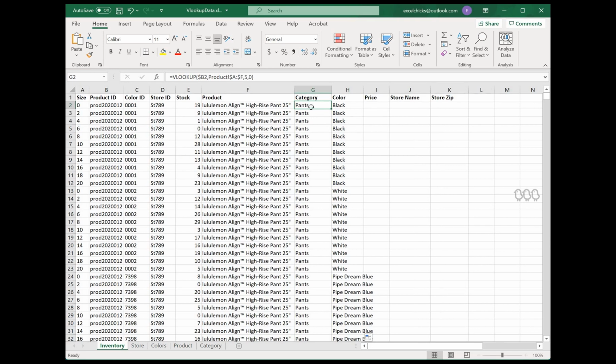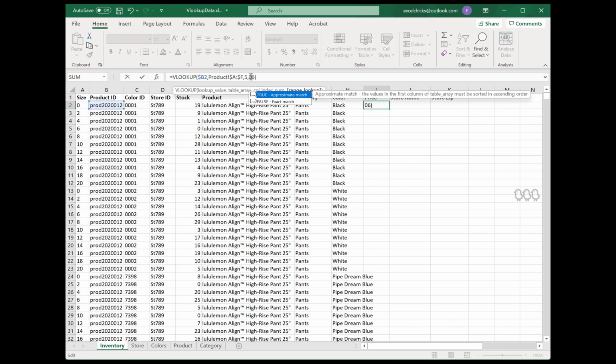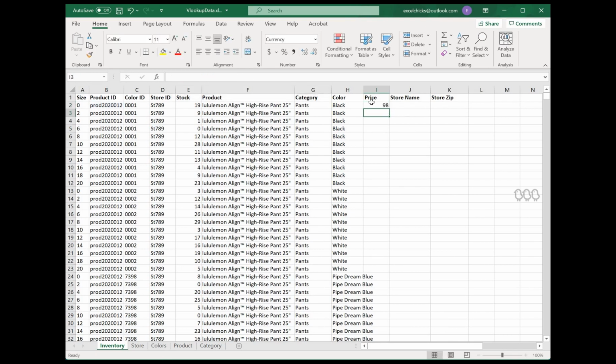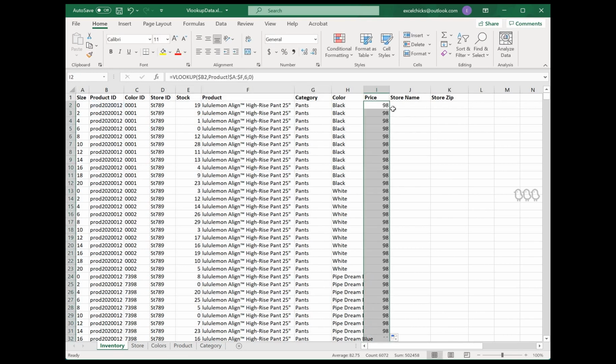And so I'm going to copy this formula that we already used, understanding it's not pants because pants is looking at 5. We want to look at 6. Oh, no, oops, wrong one. Okay, that's 0. We want to look at 6. There we go, 98. All right, so it brings back the price. I will quickly change this to currency and remove the decimals.